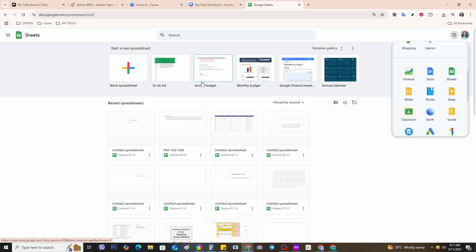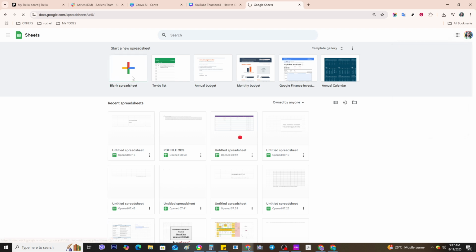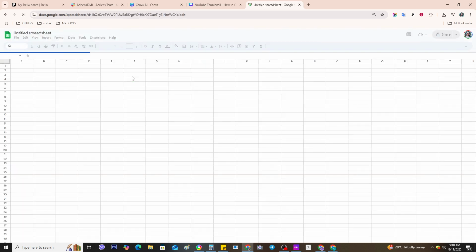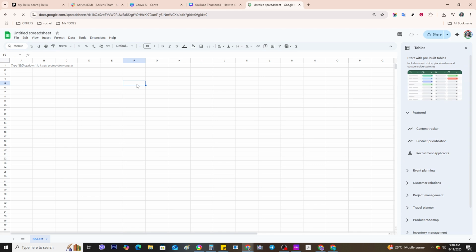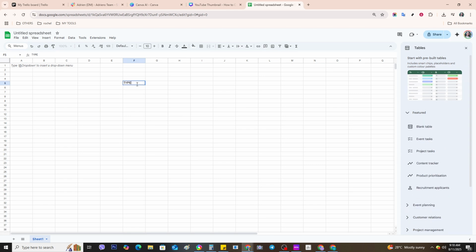After opening Google Sheets, you'll be presented with a variety of templates, but since we're starting from scratch, let's click on plus blank to open a new sheet. This action opens a fresh spreadsheet ready for you to enter data, make calculations, and more. By doing this, you've just created a new sheet, which will serve as your workspace for today and in all your future projects. Congratulations! You've now learned how to access Excel, or in this case, Google Sheets, and open a